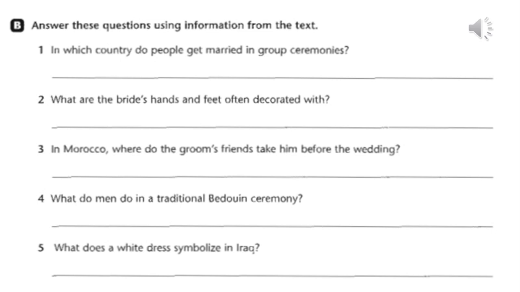وين يأخذوه؟ Number four, what do men do in a traditional Bedouin ceremony? A traditional Bedouin ceremony اللي هي الاحتفال التقليدي البدوي. Okay? What do men do? ماذا يفعل الرجال بهذا الاحتفال؟ Finally, number five, what does a white dress symbolize in Iraq? What does a white dress symbolize in Iraq? يعني الثوب الأبيض يرمز إلى ماذا في العراق؟